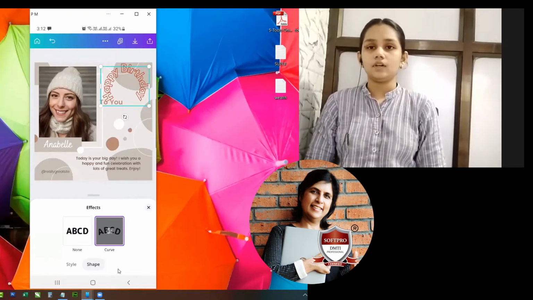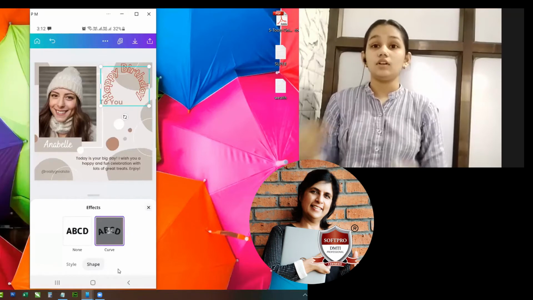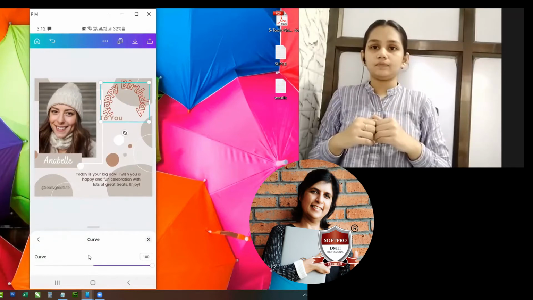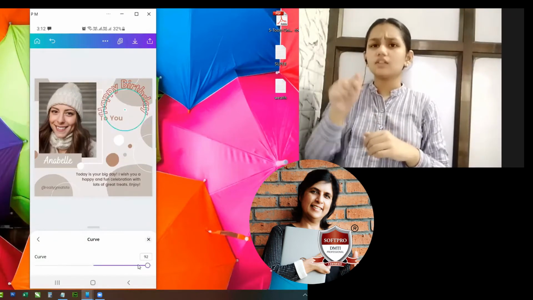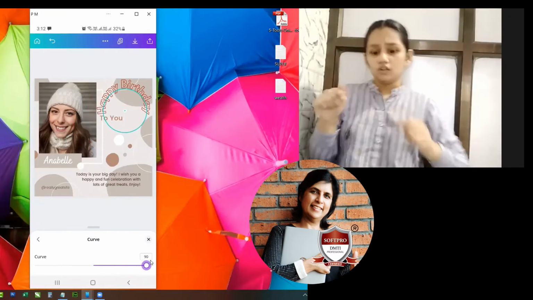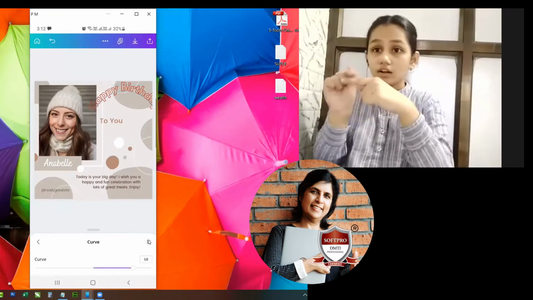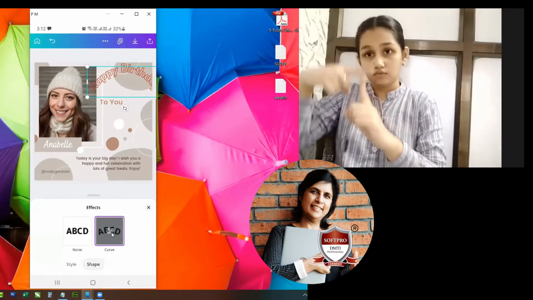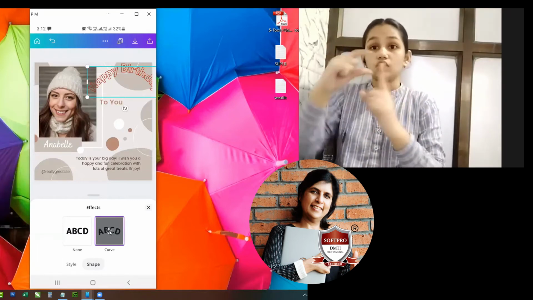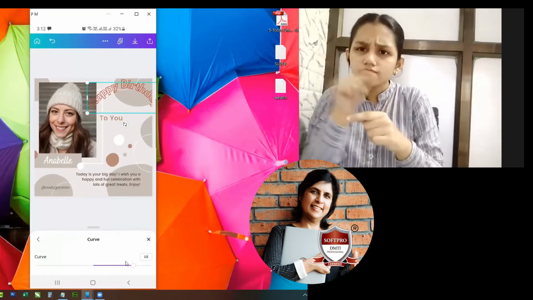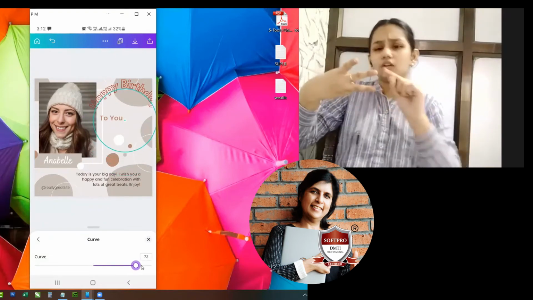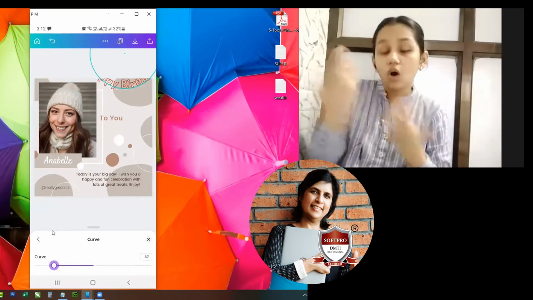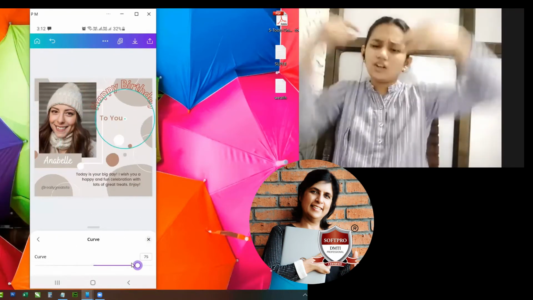Correct? So if I go to the shape, below the shape, you will see. When I click on the shape, it will give me the commands of the shape. You can see I can adjust the commands like this. How did I get this? Let me show you. When I'm clicking on the effects, I'm clicking on shape. Now inside the shape, you see these 3 lines. When I click on these 3 lines, it gives me more commands regarding the shape. So I can make it however I want. I want to curve it. I want to make it bigger, make it straight, other way around. I can do anything I want with this slider.